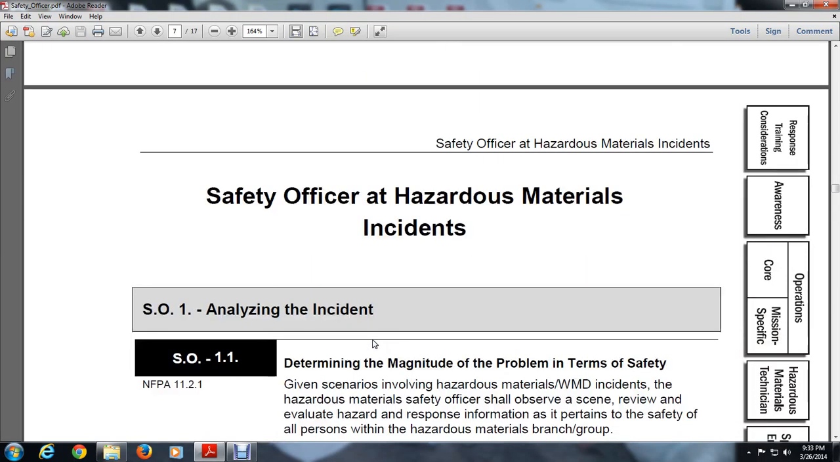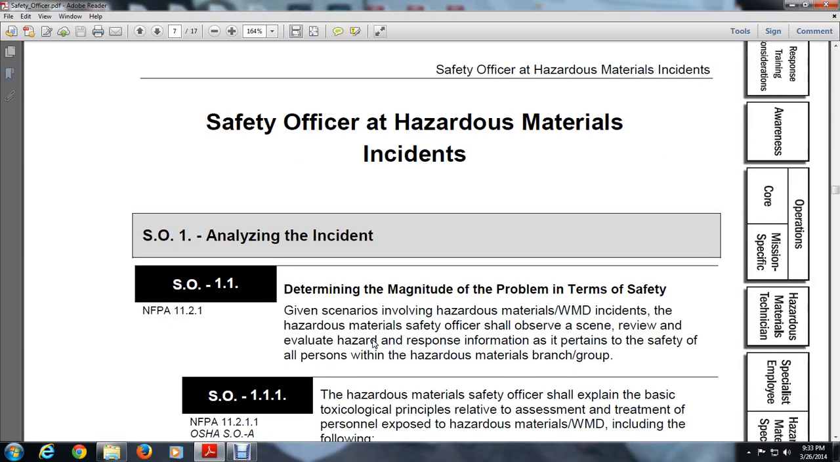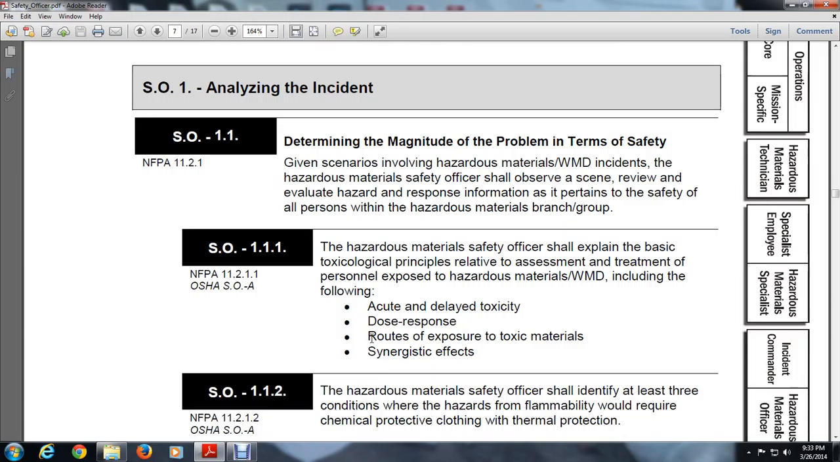Safety hazards of hazardous material incidents. SO 1, analyzing the incident. SO 1.1, determining the magnitude of the problem in terms of safety, given scenarios involving hazardous material and WMD incidents. The hazardous material safety officer shall observe a scene and review and evaluate hazardous response information as it pertains to the safety of all personnel. Hazardous material group or branch. SO 1.1.1: the hazardous material safety officer shall explain the basic toxicology principles, risk assessment, and treatment of personnel exposed to hazardous material and WMD, including the following: acute and delayed toxicity, routes of exposure, toxic materials,